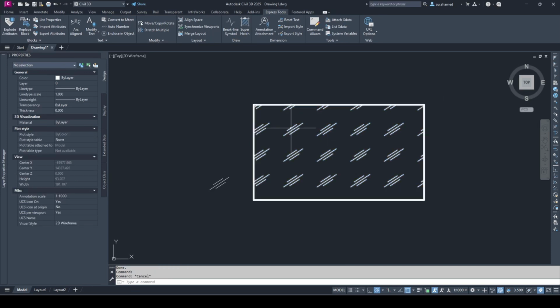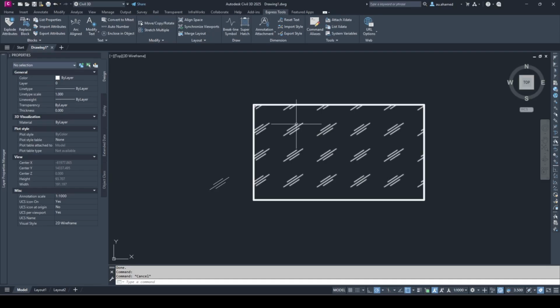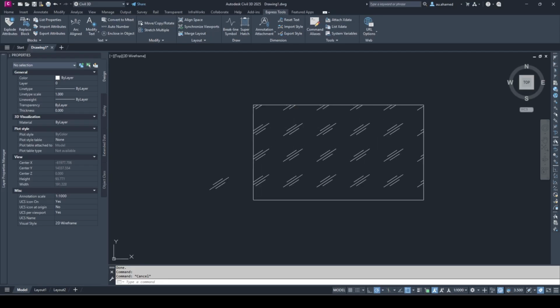It's actually not the regular hatch, it's working here as a block. It's applied like a hatch, but it is a block, and it's not a regular hatch pattern. And this one cannot be used in a different drawing, so it's limited to this drawing. And it lacks the flexibility of regular hatch patterns, like scaling or editing. So if you want to create a custom hatch, a true hatch, which can be used like a regular hatch,